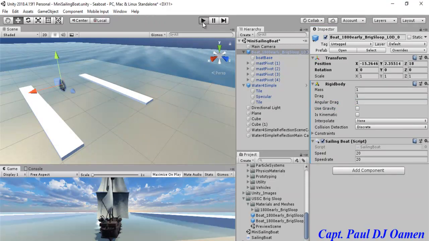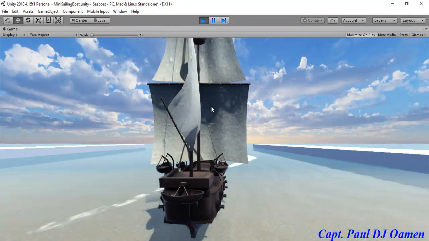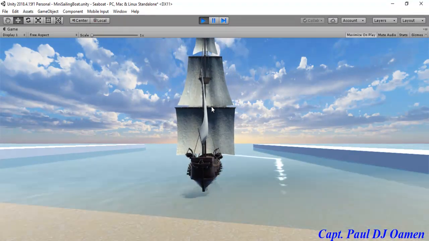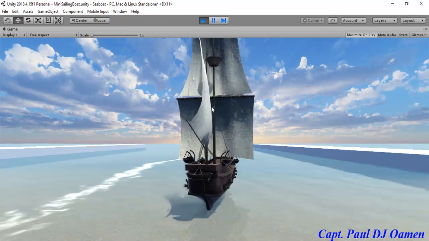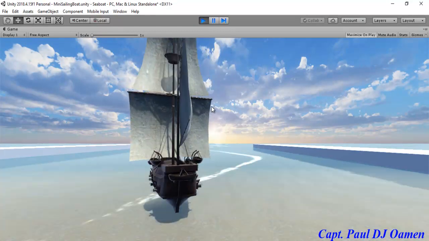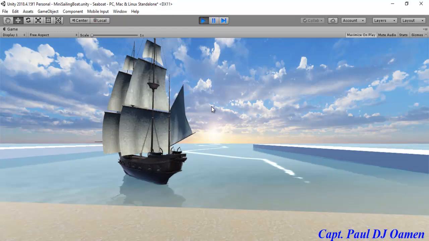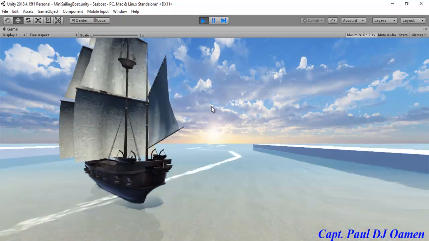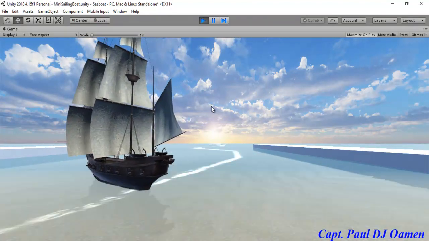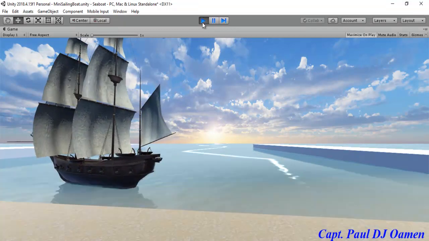Let's try it out and see how it's going to look like for now. There we go. That's our boat floating. You see, just moving. Okay, let's move back. Let's see if we can turn. Yes, we can turn right. Now let's see if we can turn left. Look at that, guys. That is beautiful. So let's move it across. That's our boat moving using the arrow key, and I'm now using the W key, the S key, the A key, and the D. Okay, we can move anyhow we want,